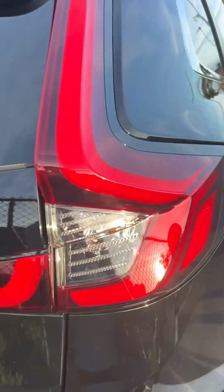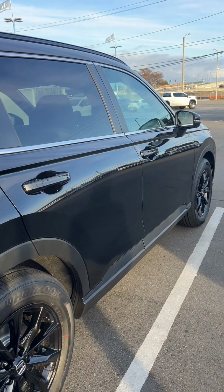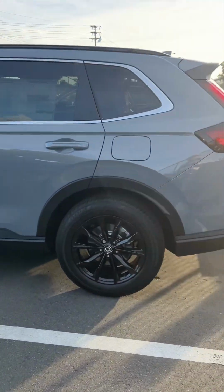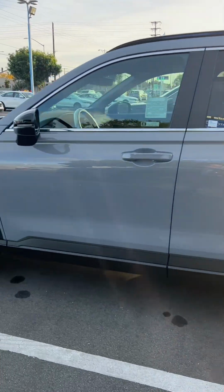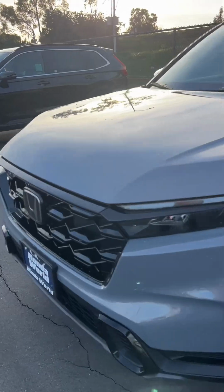It still looks new, the sun and everything. I know I have maybe one or two used cars down there that are like 2021. Not CRVs, but just on the